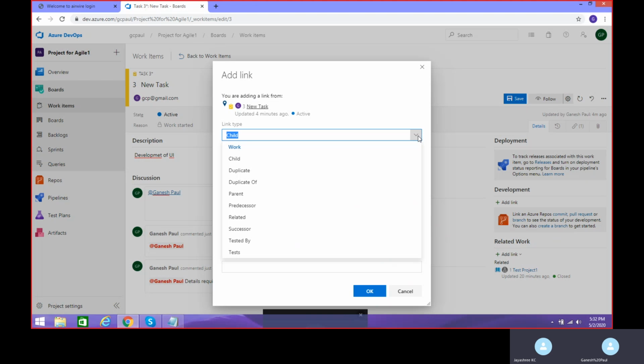But a task should always be a child to a user story. That is how we follow it in agile methodology. So whenever you are adding a link for a task, the link type should be parent, because you cannot add a child to a task. You have to add a parent to the task, which will be a user story. But right now, the task already has a user story as a parent, so we are not going to add the links.